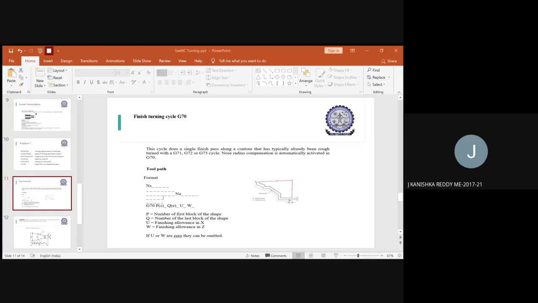Ma'am, I think until we see the video, we won't be able to completely understand. Yeah. No, this is only the manual part programming. So what do you suggest now, can I share the video for this particular part program, or shall I go with the second program and then start the video? Ma'am, it's better if you can present the video now, and explain along with the video. Accordingly, we'll understand. Okay, fine. Then I will share that only. Then we will take care of the next one. Just give me 2 seconds.